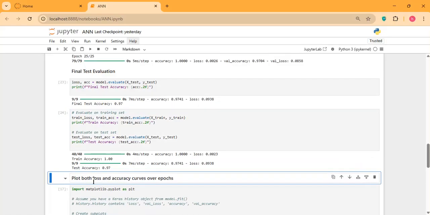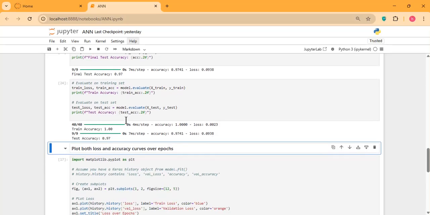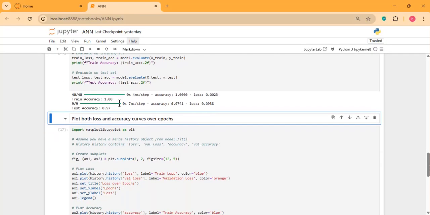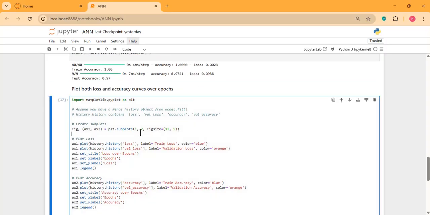So I'm checking this one. For train data it's 1, it's perfect. And for test data it's 0.97. Not that much difference between these two. We can see no overfitting is happening here because they are close to each other.